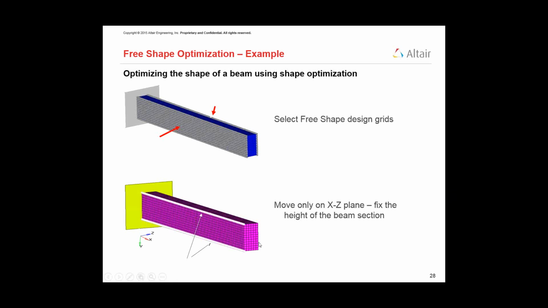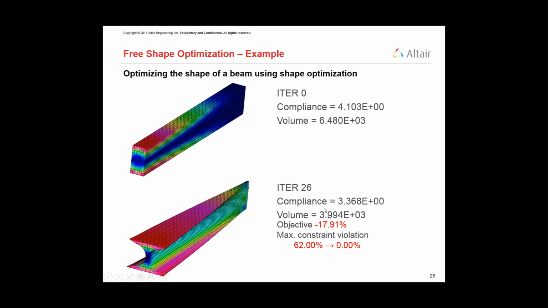So with the free shape, we have no idea what this beam should look like. So a free shape design was selected, and all of the nodes that are on this face and on this face were determined to be part of the free shape design variable. And then it was just established that the nodes on the top and the bottom can only move in the XZ plane, and it just guarantees that you end up with a nice flat top or bottom so it doesn't bend or curve. And this is our initial shape. The compliance was 4.1 and the volume was 6,480, which if you remember the requirement was 4,000. So we're starting out